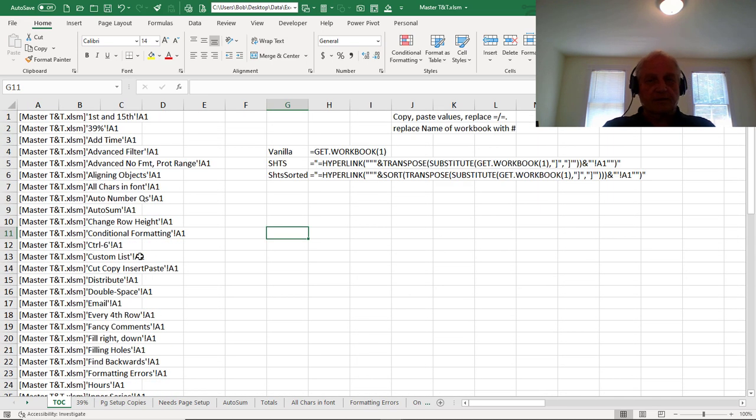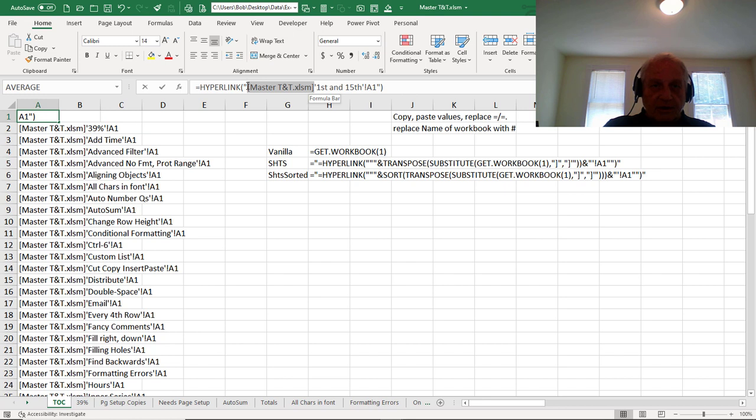Now, another thing I can do is I'm going to take that master TNT and I'm going to drag across it in here to copy it. I'm not including the, I'm just including the open bracket and the left bracket. So I'm doing Control-C to copy. And one more thing I'm doing is a